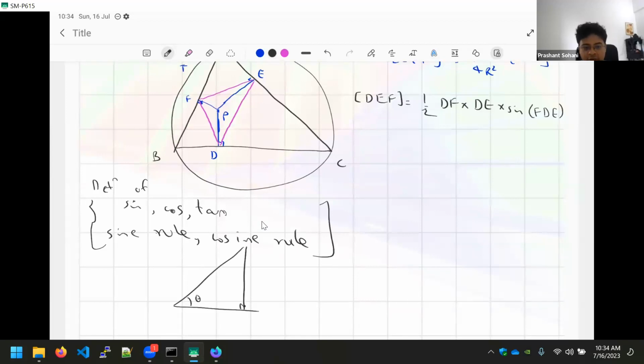Suppose this angle is theta, and suppose some triangle ABC, and suppose there is another triangle XBZ. Then we know by basic rules of similarity that these triangles are similar, and therefore, the ratio XZ upon XB equals AC upon AB, and it will also be equal to